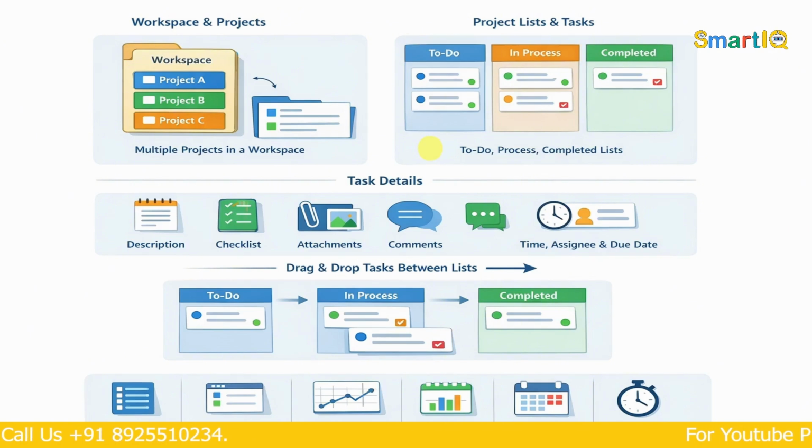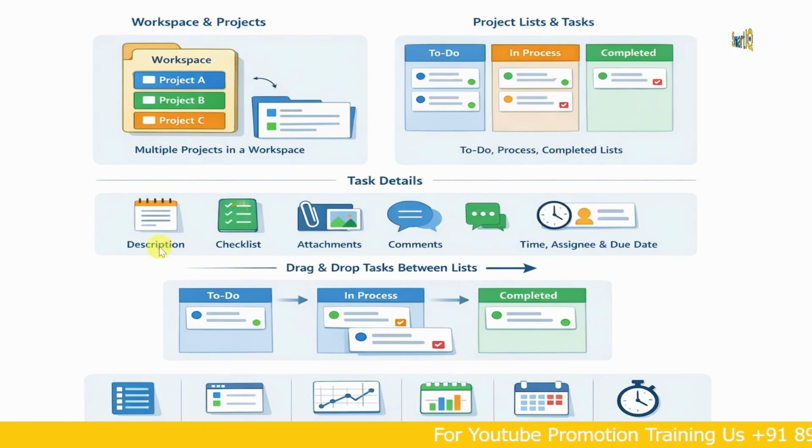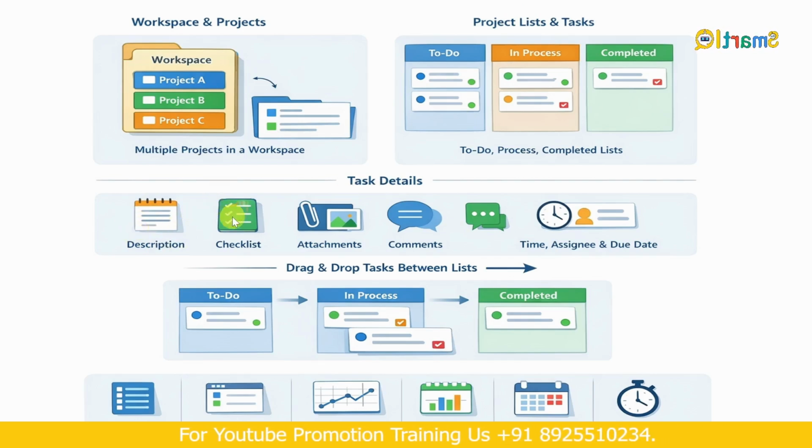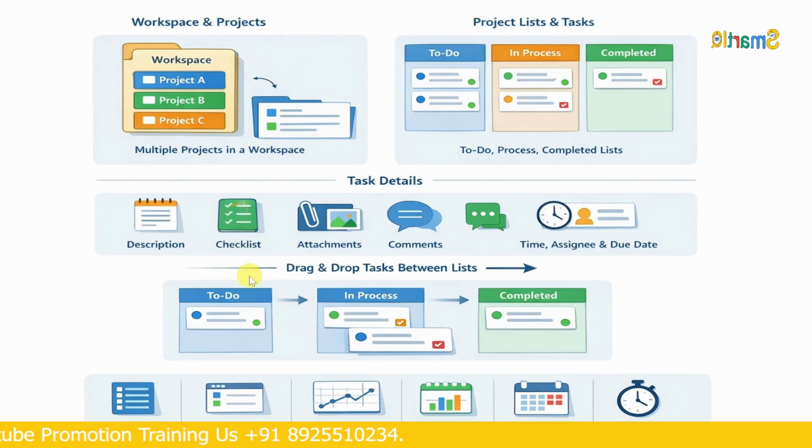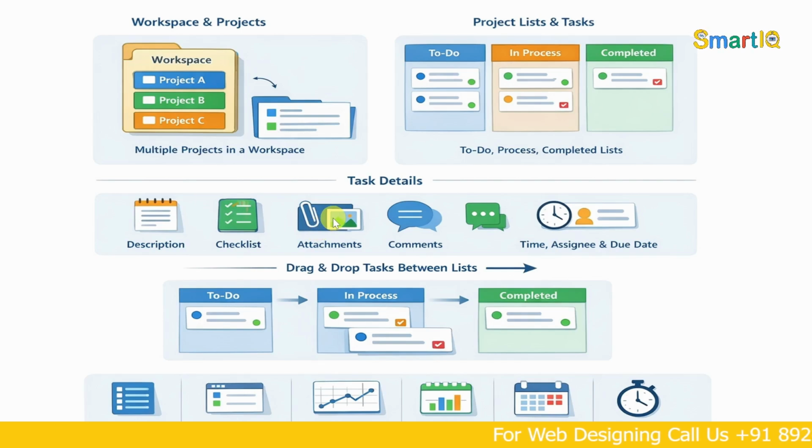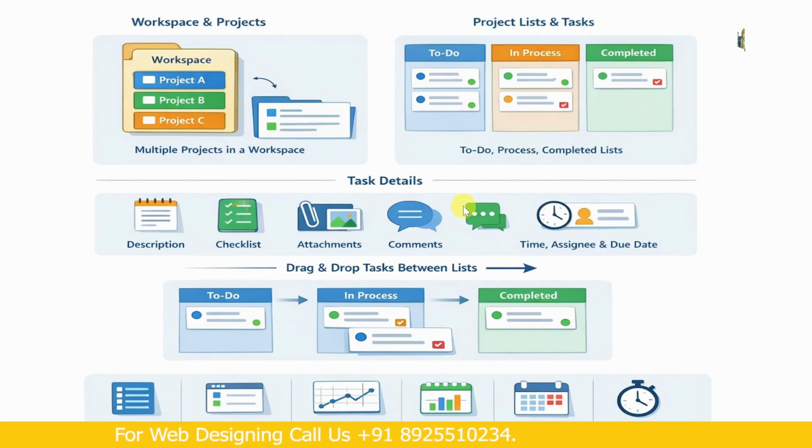Okay, so what details will be there inside each task? There will be a description, the requirements that the customer has asked for, that is the requirement description. Next, a checklist. If a task has multiple steps, we can break it down and follow those steps as a checklist. In attachments, we can keep things like API documents, Figma designs, and so on. In comments, we can have the conversations that happen between the developer and the tester, and all those discussions can be kept there. Assigning staff means we can see to whom each work is assigned.